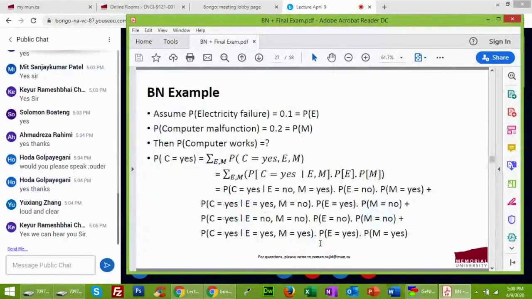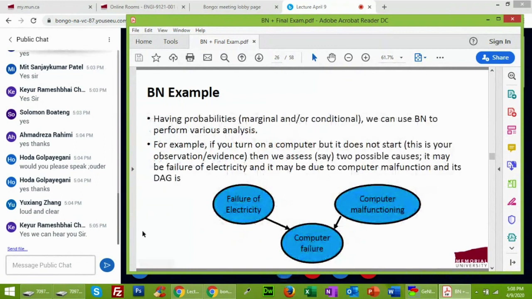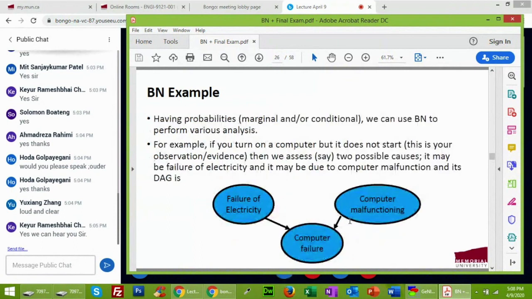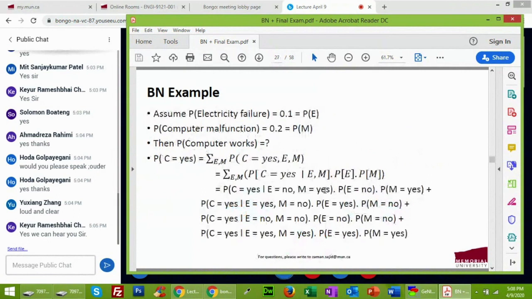And we know that the given information is electricity failure is 0.1, which I'm assigning E here, and the computer malfunctioning is 0.2, which is here. And we need to find out the probability of the computer when it works, right? Now I'm giving it the name of the variable C, where I say it as a yes. So this is the Bayesian analysis.